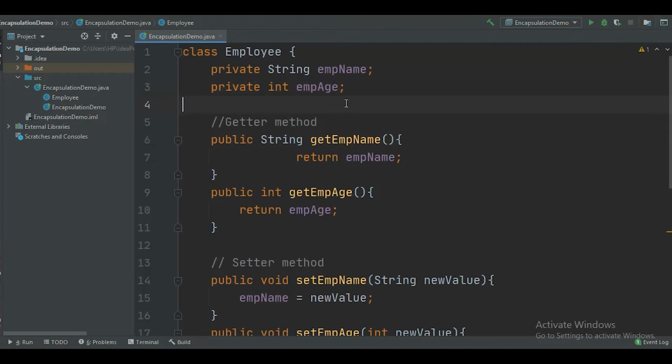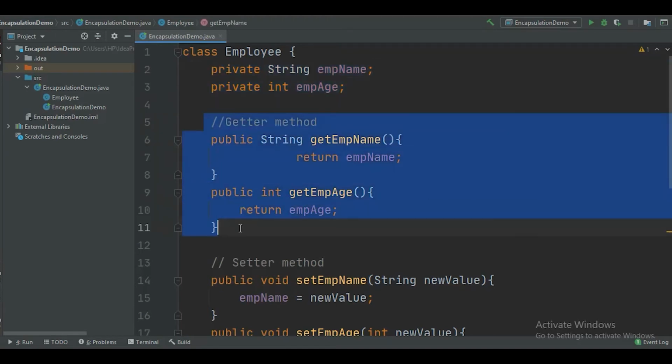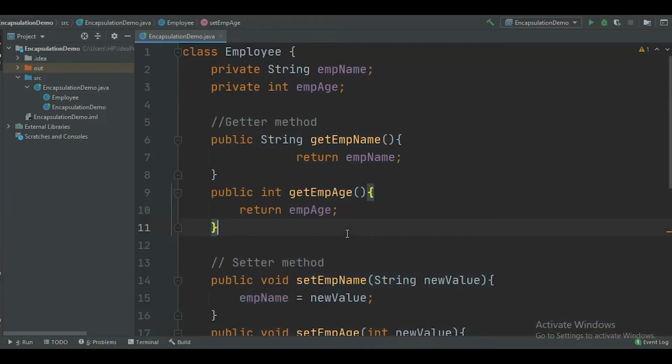So here we have this simple example. Here I have declared two variables. The first is employee name and the second is employee age. The name is a string type of variable and the age is int because it's going to accept integer values. Both of these are private because we want to make them secure, and this is our purpose. As these are private, we will not be able to access them directly, so to access them we are going to make a getter and a setter method, which we studied in the last slide.